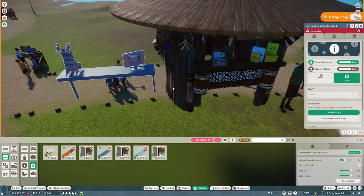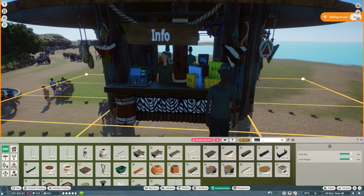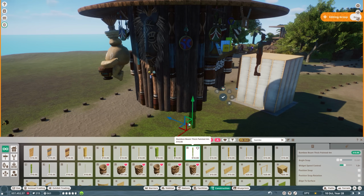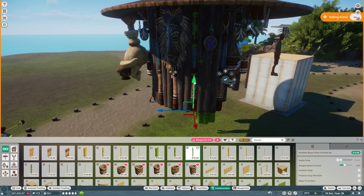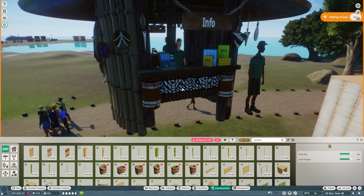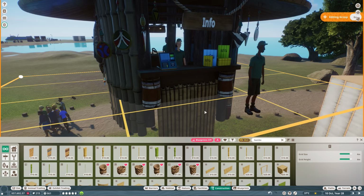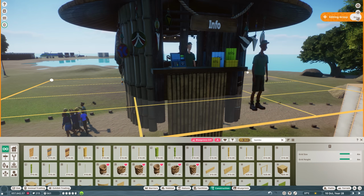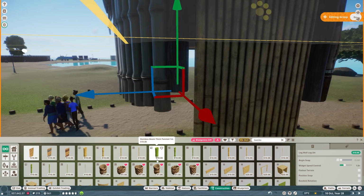And when I was trying to think how to integrate it or what kind of building to create for it, I realized it would be cool to have a little round building with some counters instead, and maybe even add an extra gift shop here. And it reminded me of my information stand of the African Mini Zoo franchise series that we did, which would just fit perfect in here. So I decided to grab that